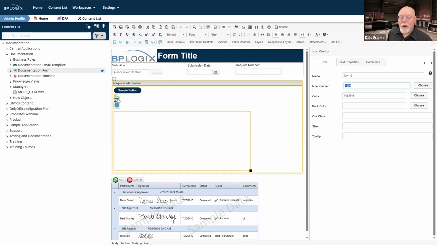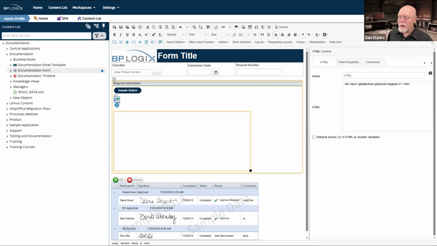However, you can also use, as I've done here, an HTML control. What I've done is I've just created a div object in the form, and I have given it the GB object icons, glyph icons, BP glyph-3 class. There's no content. I mean, I could put some content here.